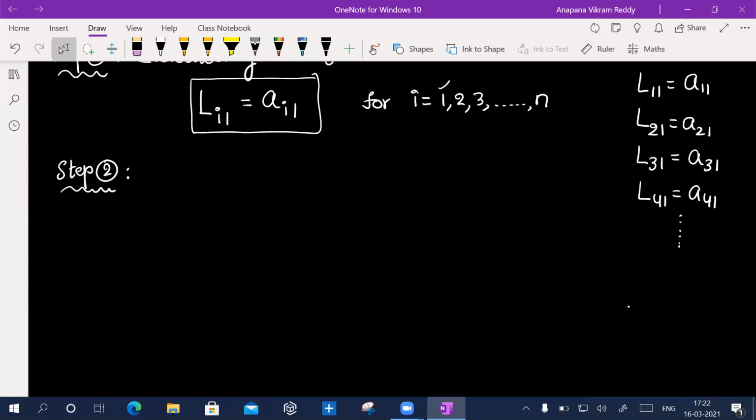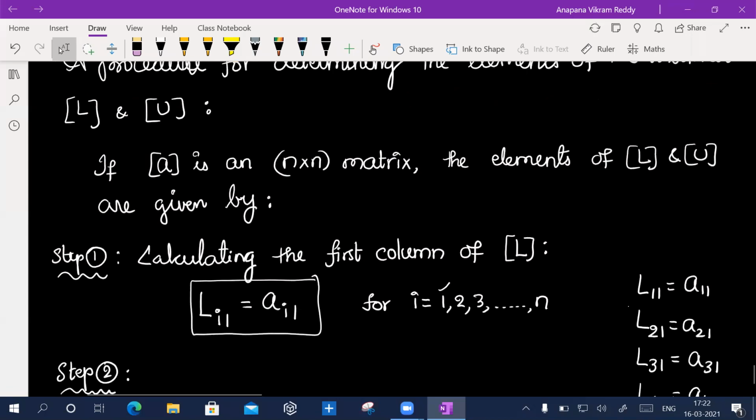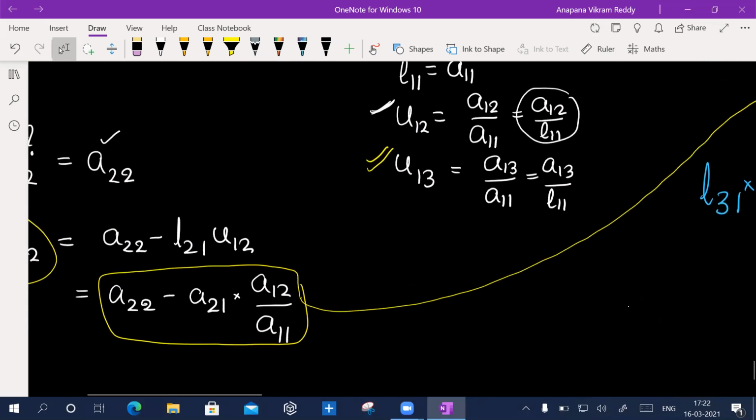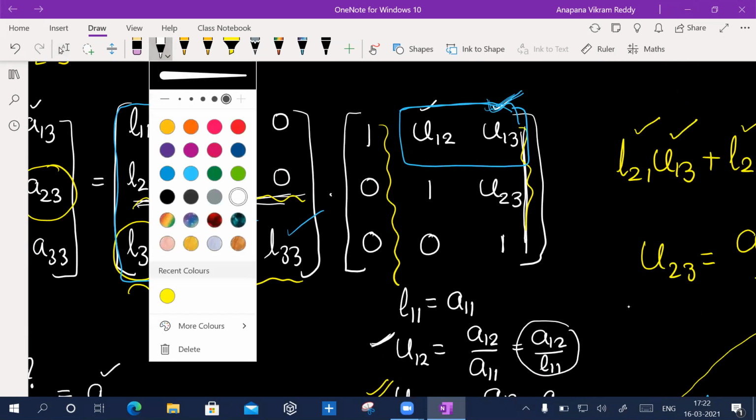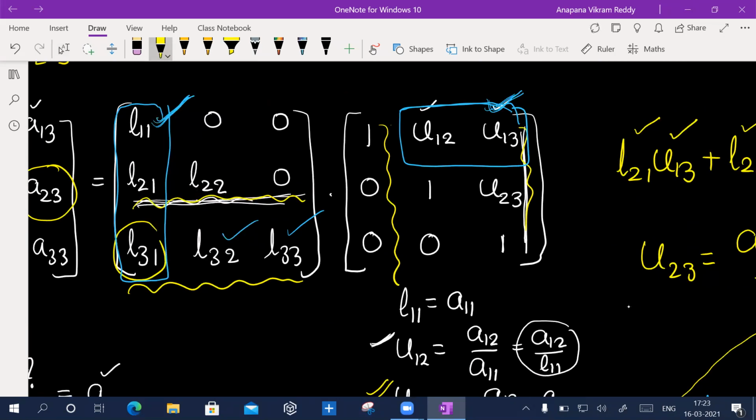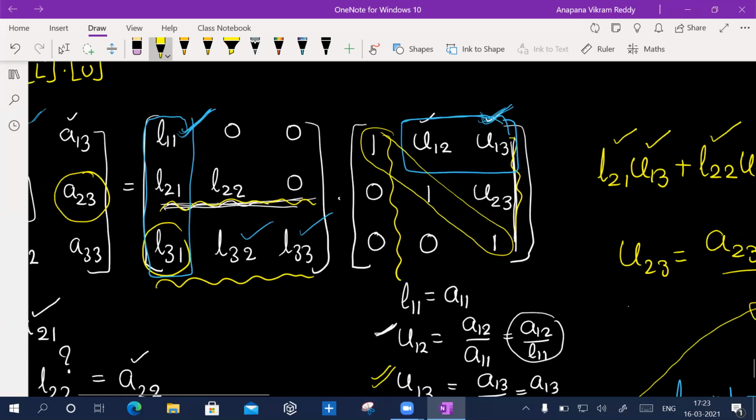Okay, so what could be step 2 here? In step 2, I can take it like this. What is my U matrix? In my U matrix, I'm seeing the principal diagonal with all ones, right? So let me put that in my step 2.